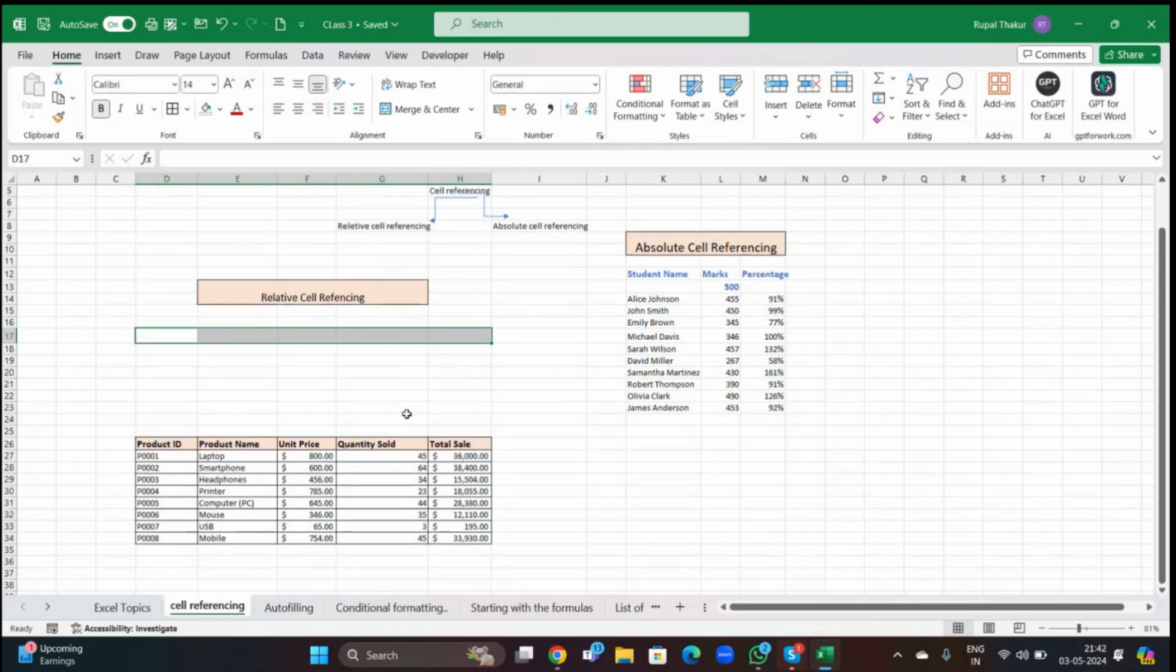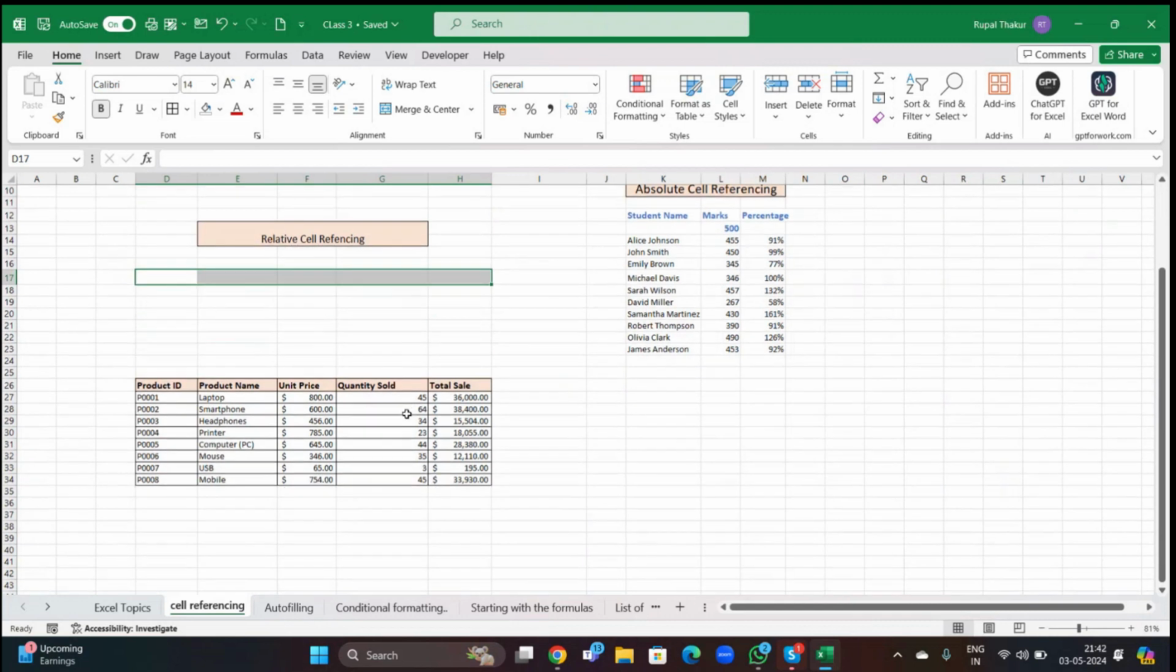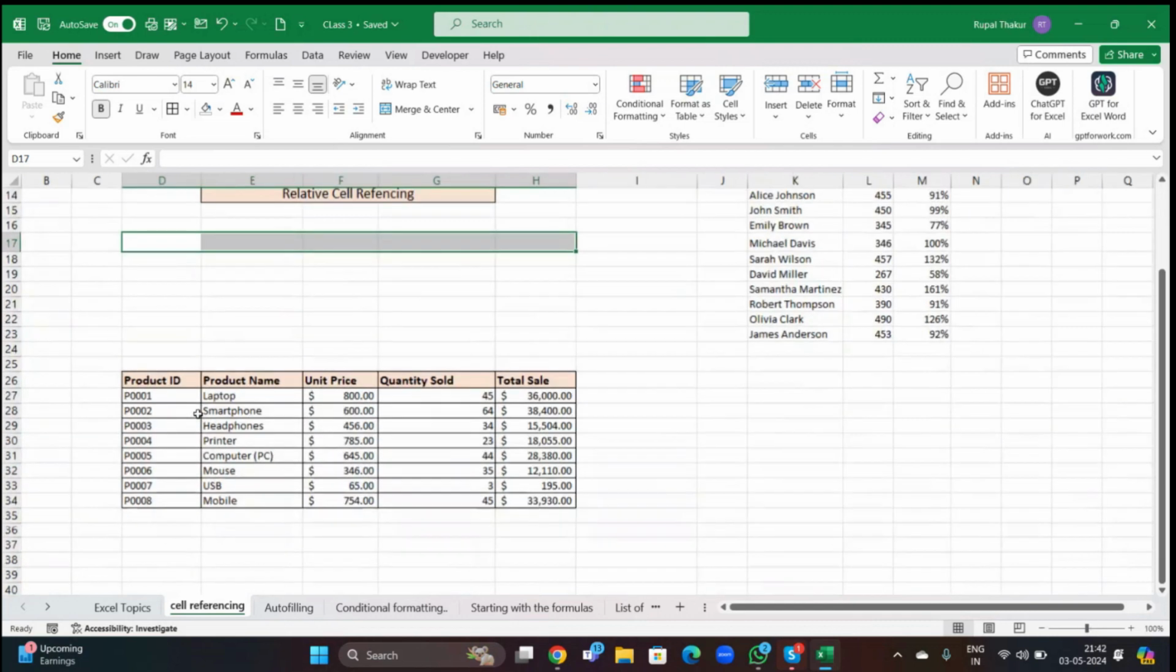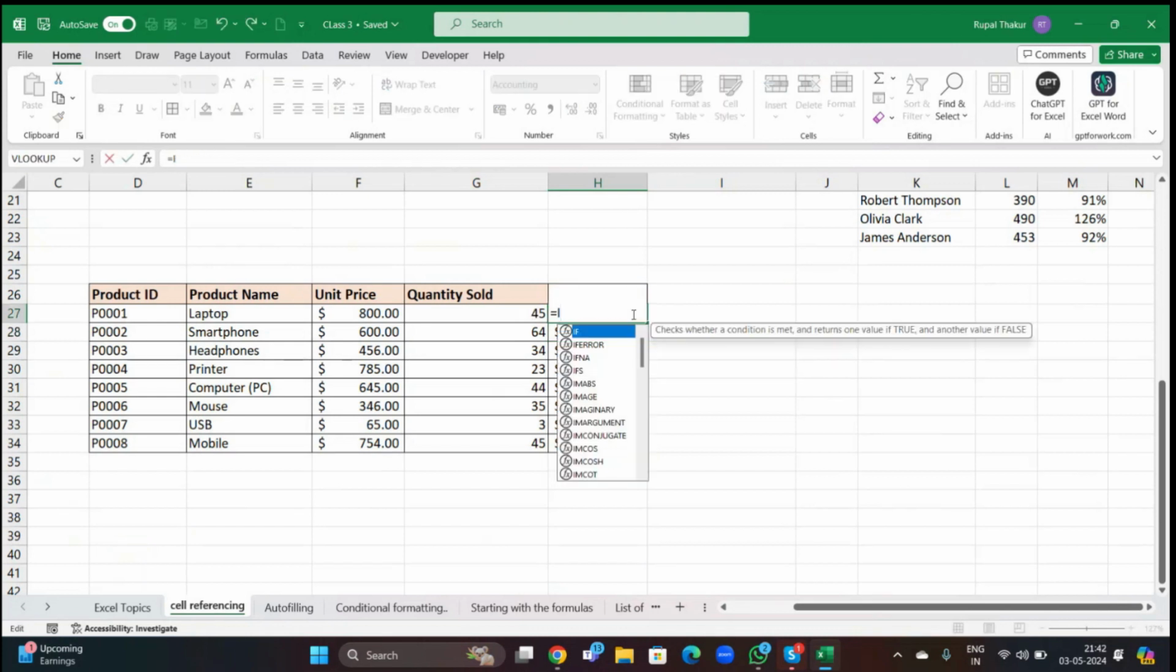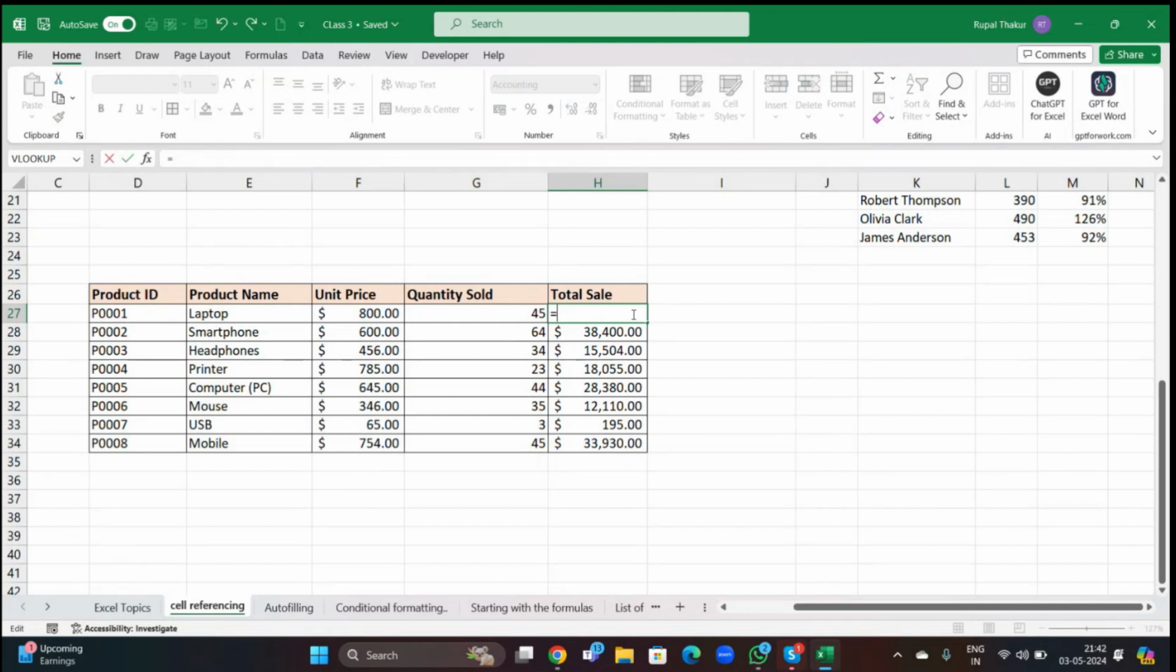Okay, so let's understand with the help of a program. Basically, I have a table over here. In this table, we have some product names and some product IDs. And in that scenario,